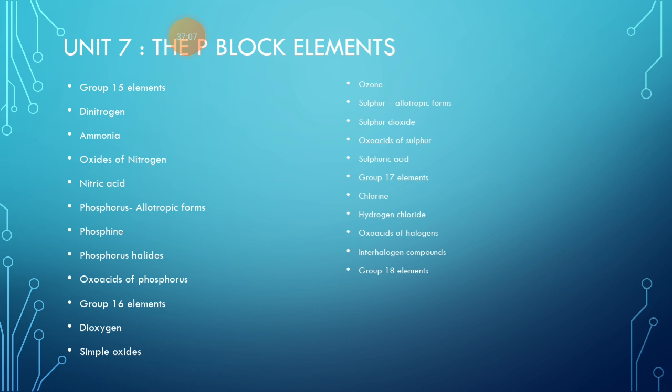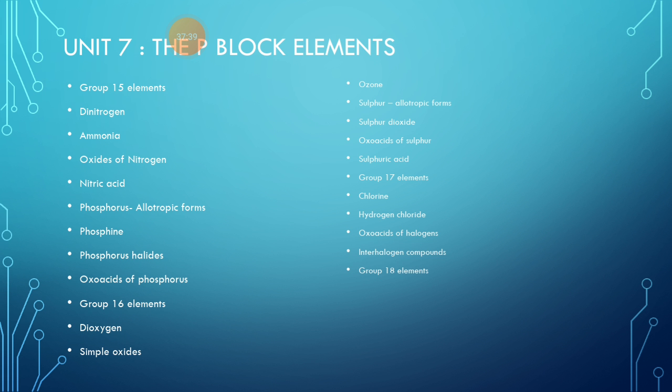and sulfuric acid. So in oxoacids we are going to learn about the basicity of these oxoacids, the structure of oxoacids. Sulfuric acid, in that particular point we are going to learn about the contact process for the preparation of sulfuric acid, then the physical and chemical properties of sulfuric acid, the structure of sulfuric acid we are going to learn over here. Then the next